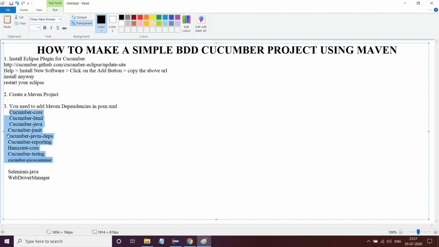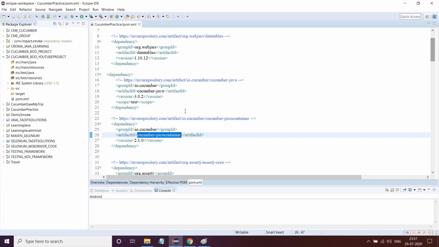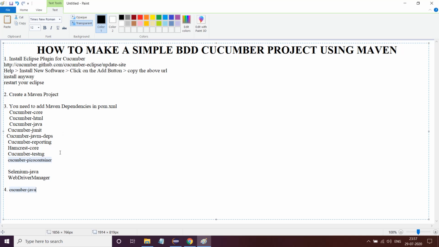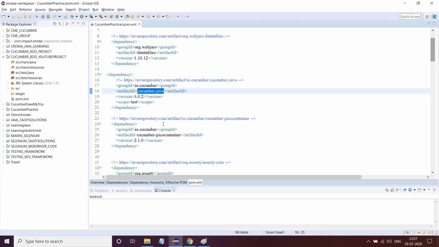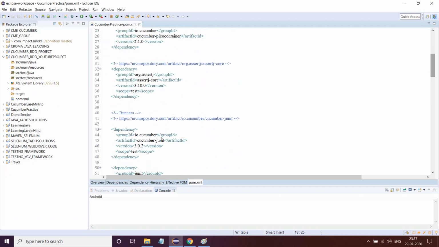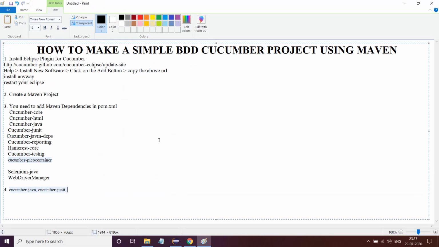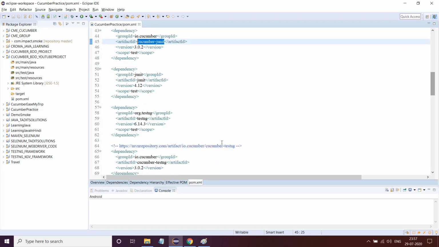Okay, and there is also a trick with this. What is the trick? I'll tell you. The fourth is the trick, and the trick is for this particular Cucumber Java. I'll copy this and paste here. For the Cucumber Java Maven dependency, Cucumber JUnit, and I think Cucumber TestNG. Yes, Cucumber TestNG.